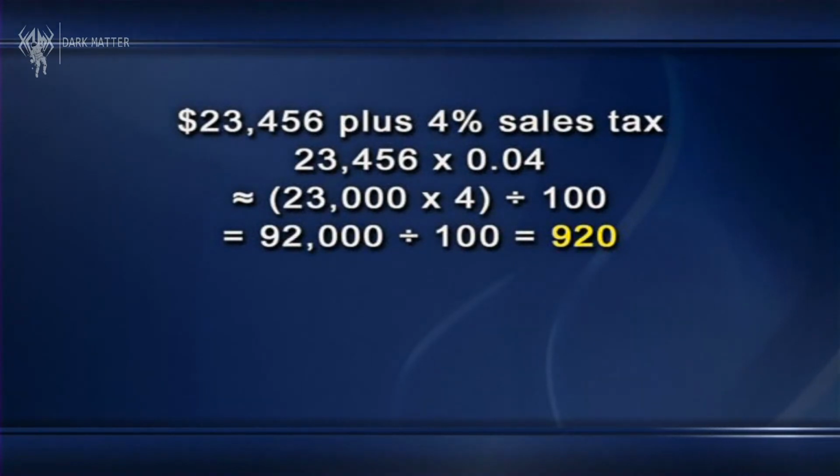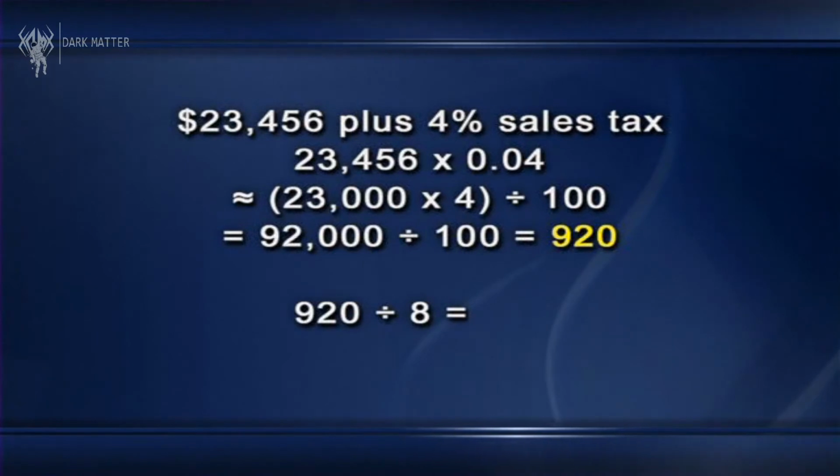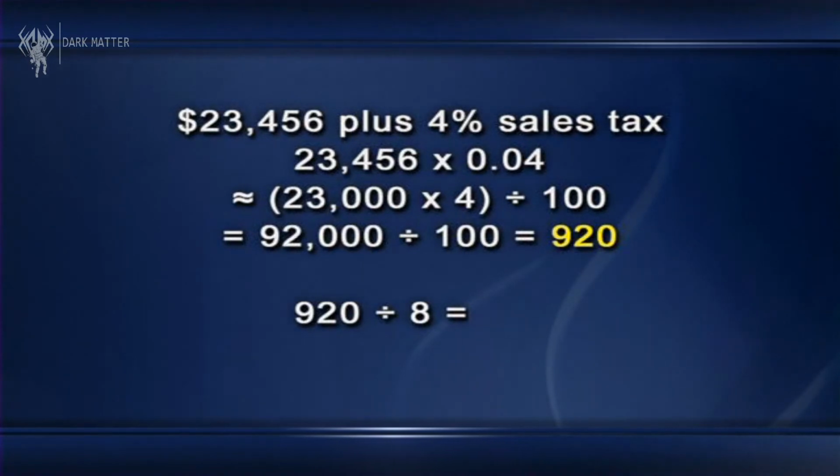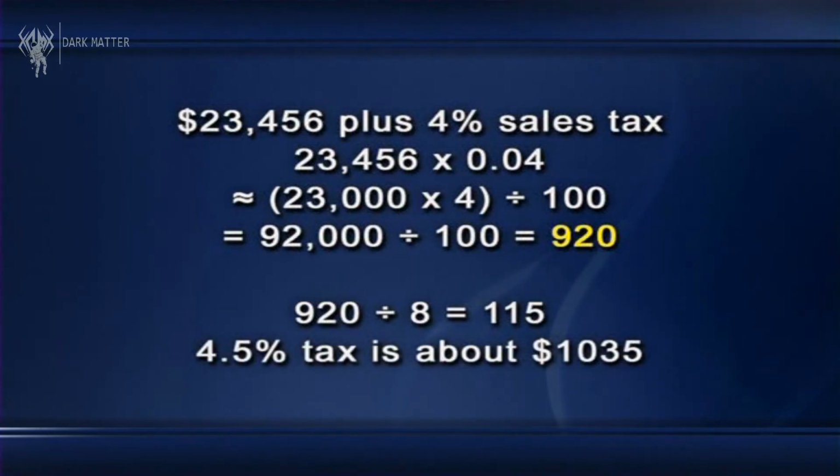If I want 4.5%, I just take that 920 and divide it by 8. If you divide 920 by 8, you get 115, and if you add that to 920, you get an estimate of $1,035. This is similar to the tip that my mother taught me long ago for figuring out 15% tips at